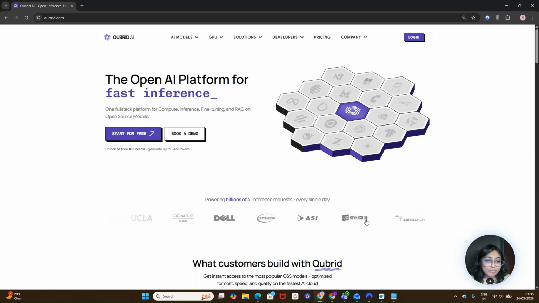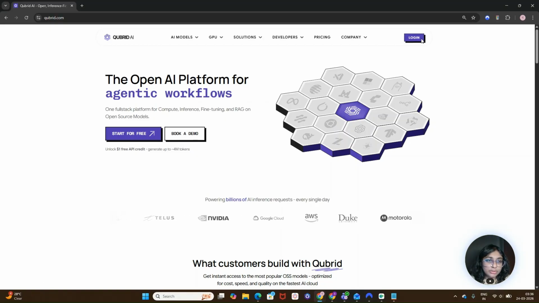Before we jump in, let me quickly explain what Qubrid AI does. Qubrid AI is a GPU infrastructure platform that lets you run, test, and deploy open source AI models at scale without managing any GPUs by yourself. To get started, you can simply add some credits to your account, and on your first top up, you'll receive some free bonus credits, which are enough to run inference for up to 4 million tokens, depending on the model which you are using. So, once you are set up, you can start experimenting right away.